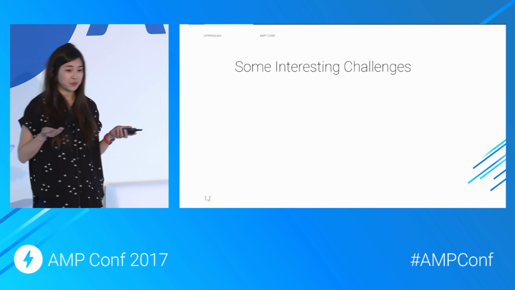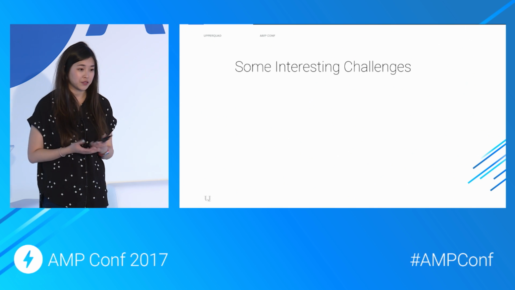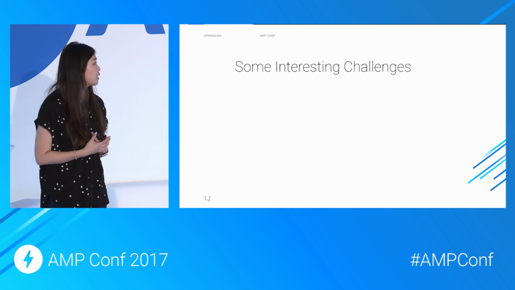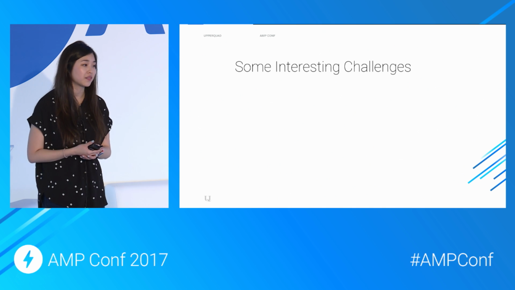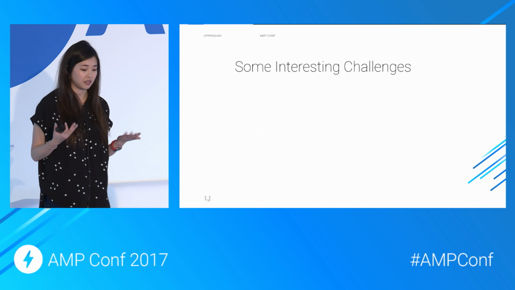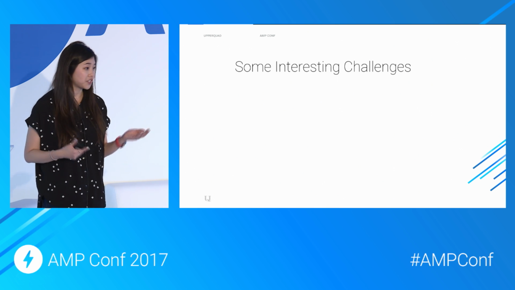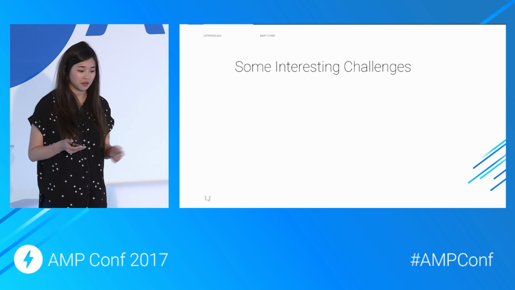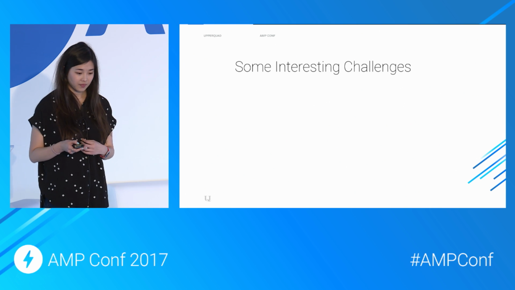So this site is fully built with AMP. It's a little bit of a different use case than what we were familiar with for AMP. We thought that AMP was mostly a content delivery format, that you have a version of your site in AMP and then your regular version, but here we're actually doing the entire website with AMP. And so some interesting challenges there, combined with this being our first time using AMP at UpperQuad.